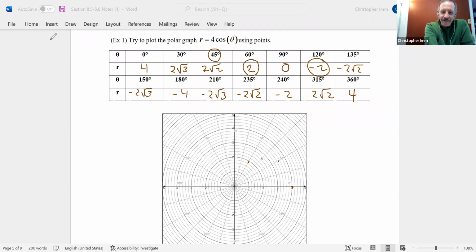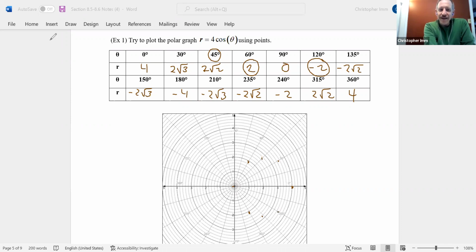90 degrees and 0. So that's right at the pole. 120 degrees and -2. So I spin to 120, but then I have to flip over 2. So that's going to be over here. And then 135 and 2 root 2. So I spin over to 135, but I flip through. And that's going to give me almost that 2.82, I believe. Around there. And then 150, -2 root 3. So 150, but I flip back. And here I am about at